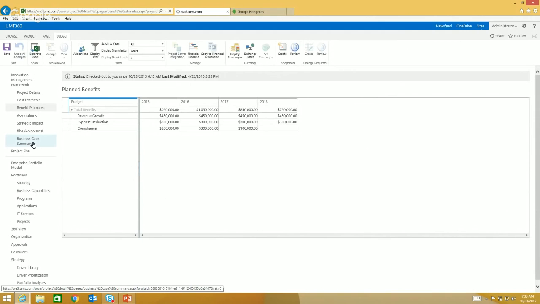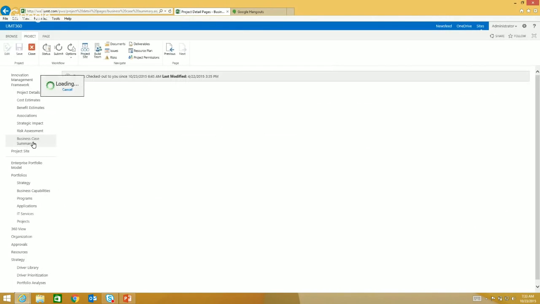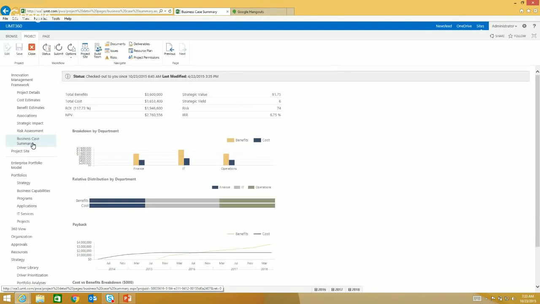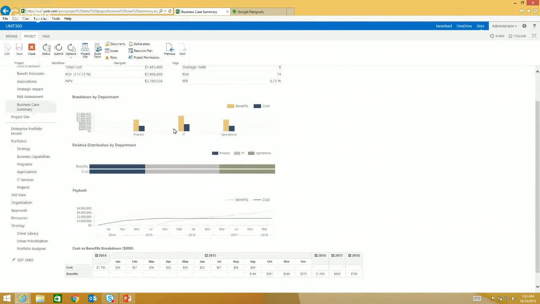But all the information is, as I've said, governable. So the workflow was determining the level of financial information required, and reportable. So it's very easy for us to report on any of this information at any time. So whether it's pulling the total cost, benefit here in this kind of one-page summary, standardized financial metrics, ROI, NPV, IRR, based on those allocation centers, we can see which departments, again, finance, IT, ops, were funding or potentially funding